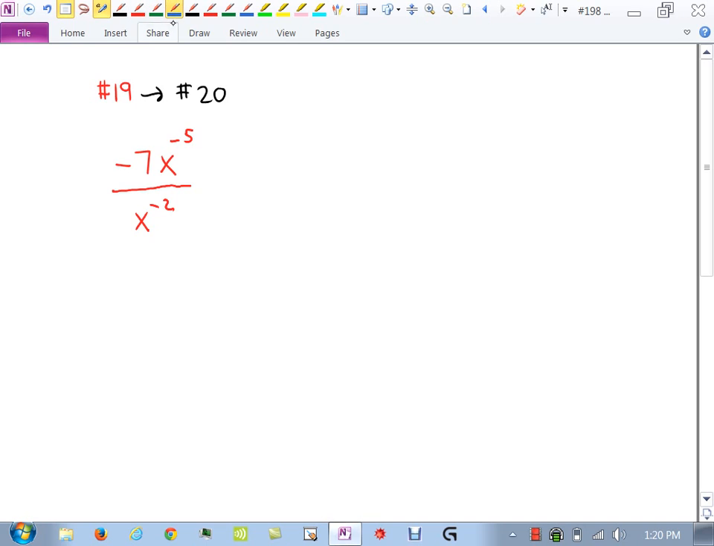Another approach would be this. Look at these and do that rule we just did, which was x to the negative 5, take away what? Negative 2. So double negative again. That's the same as x to the negative 5 plus 2, which is x to the negative 3. I could do that also, right? Either way,